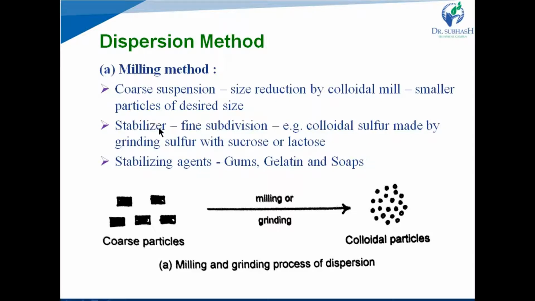Here in this process we can use a stabilizer also. The stabilizer will facilitate the size reduction to achieve the fine state of subdivision of the colloidal dispersion. Here the example given is colloidal sulfur, which can be made by grinding the sulfur with sucrose or lactose. Here sucrose or lactose is the example of a stabilizer. Other stabilizing agents are gums, gelatin and soaps. In the pictorial view it is shown that coarse particles can be converted into colloidal particles with the help of milling or